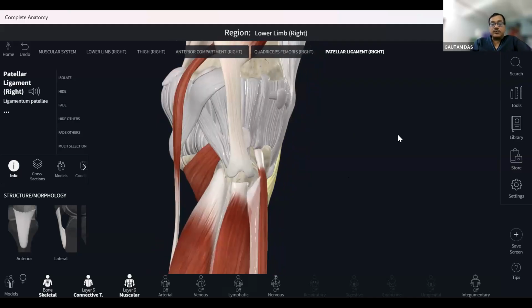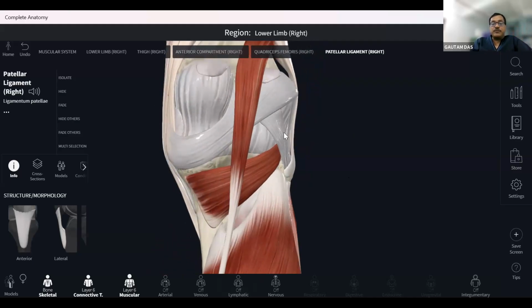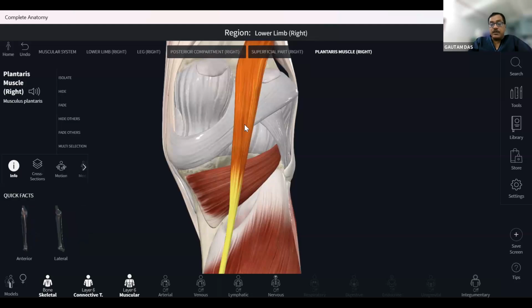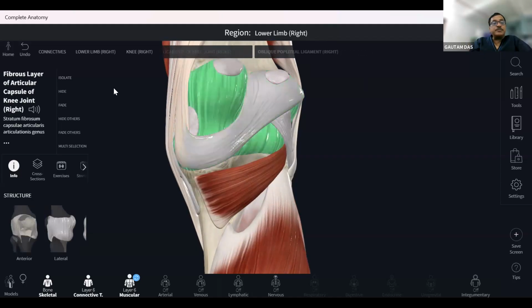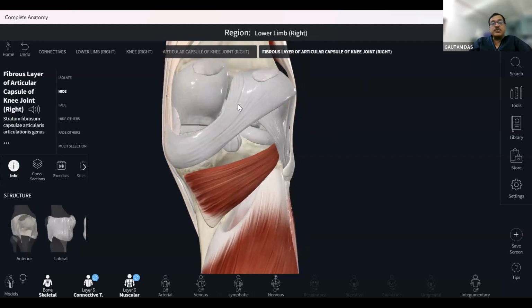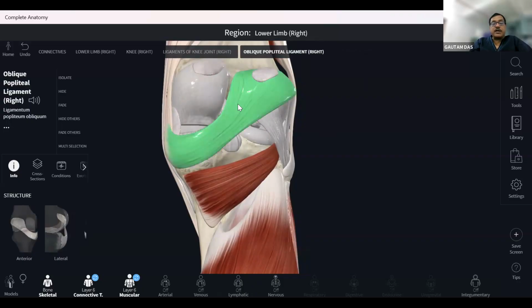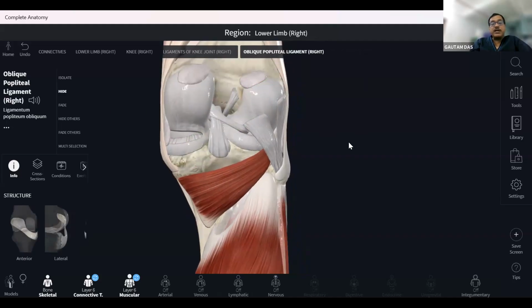So now if I am removing all these parts, again, here is another, let me remove the capsule. Then what we'll see is your oblique popliteal ligament. This is a very tough structure, the oblique popliteal ligament. And the oblique popliteal ligament is very hyperechoic, a bright structure. So if I'm hiding this hyperechoic bright structure,